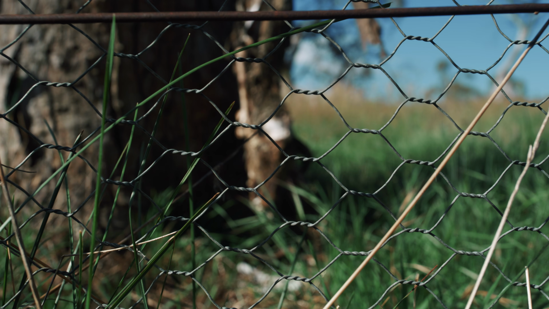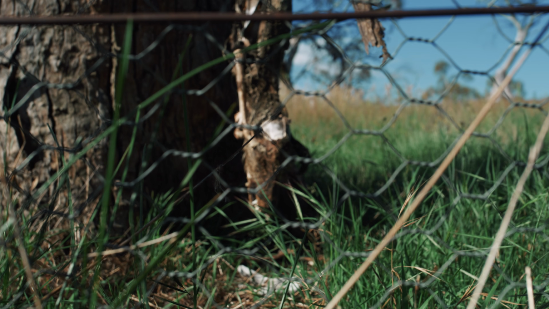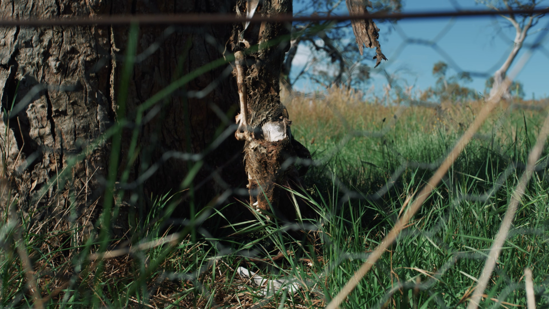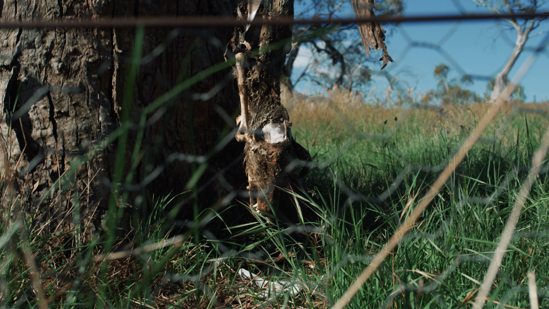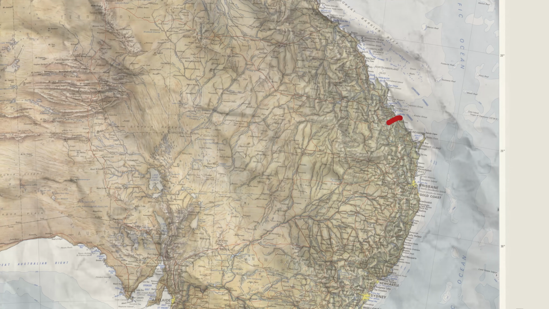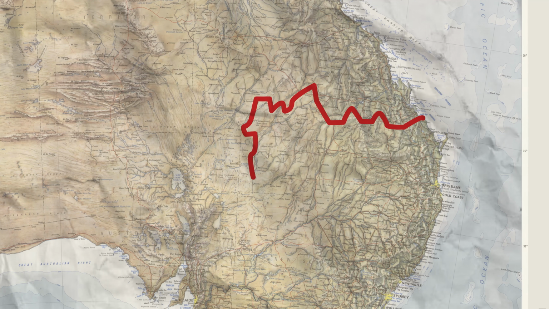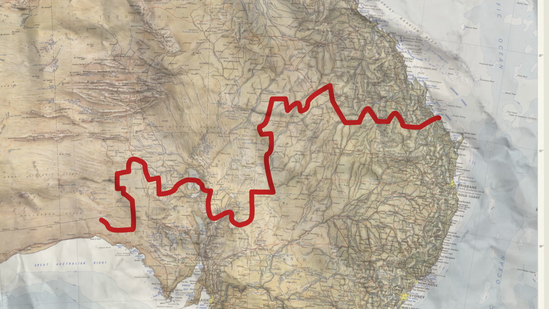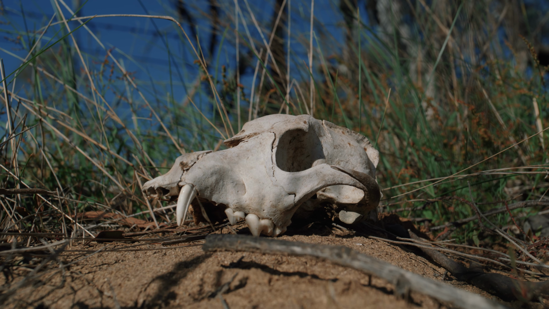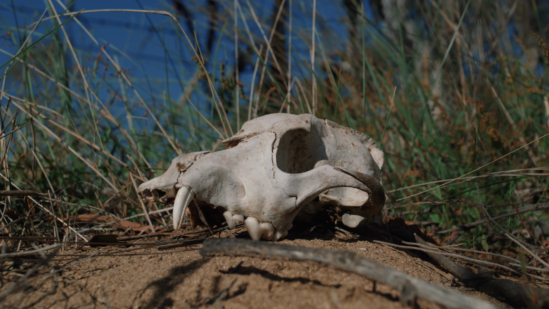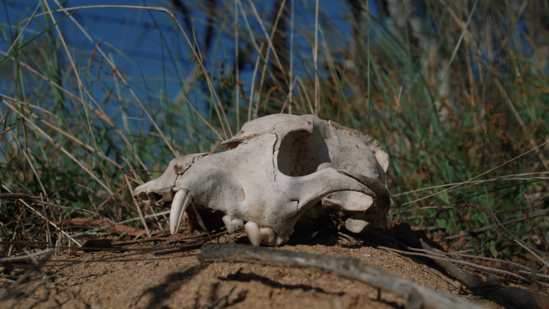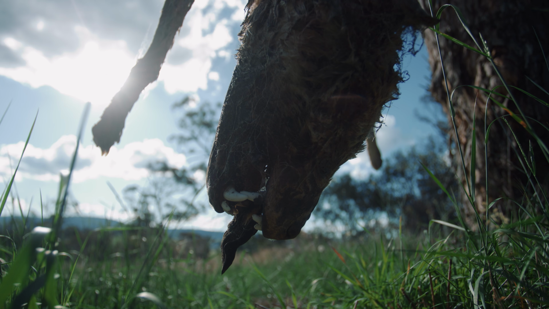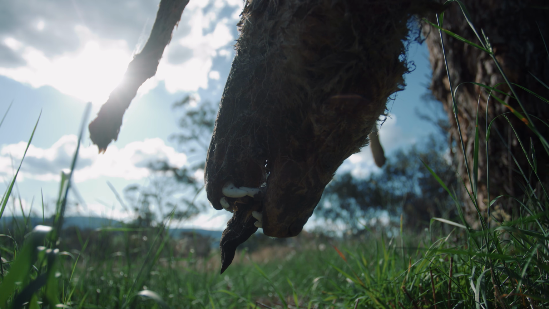This practice is closely tied to the construction of the dingo fence, a massive structure built in the early 20th century. The fence, which stretches more than 5,600 kilometres, was designed to keep dingoes from the fertile grazing lands in the southeast of Australia, where farming was concentrated. Farmers believe that if they can eliminate dingoes from their land, they can protect their livestock from predation. Hanging the bodies from the trees was just one of the ways to send a message and to intimidate others into joining the fight.